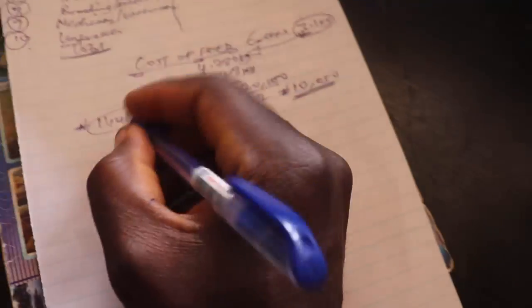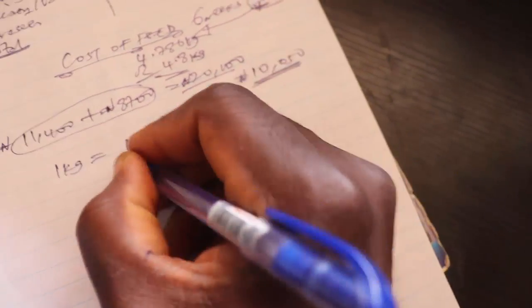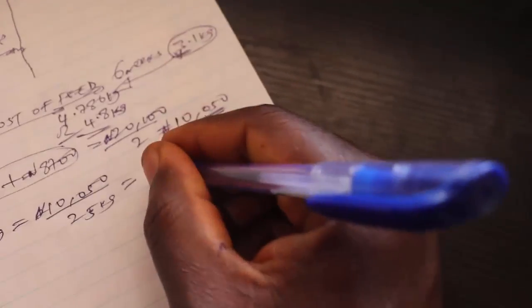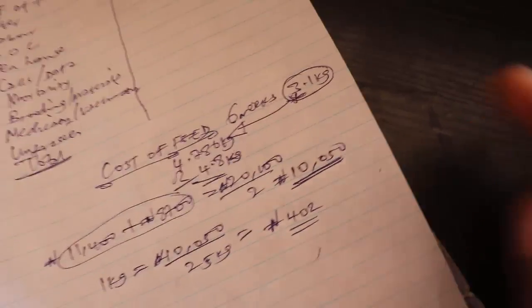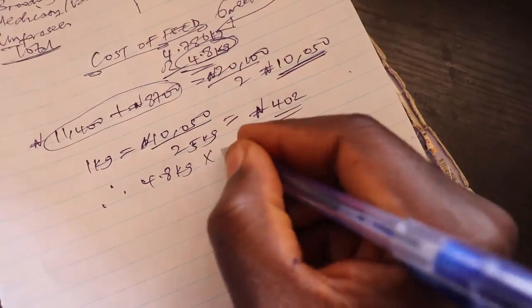So for 1 kg, how much 1 kg goes for is this average cost of feed divided by 25 kg. The average cost of feed is 10,050 naira divided by 25 kg, and it will give us 402 naira. That means 1 kg in our average cost of feed is equivalent to 402 naira. So therefore, estimating how much it will cost us to feed our bird is 4.8 kg times 402 naira, and it will be giving us